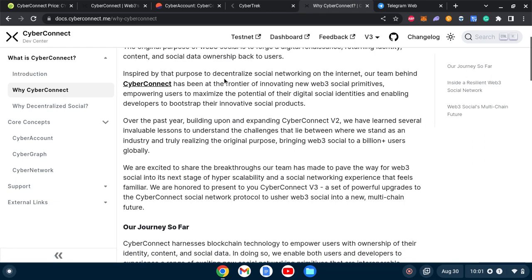Inspired by that purpose to decentralize social networking on the internet, our team behind Cyberconnect has been at the frontier of innovating new Web3 social primitives, empowering users to maximize the potential of their digital social identities, and enabling developers to bootstrap their innovative social product. Again, what they are saying is that their team is doing all these things, and we respect that, but team